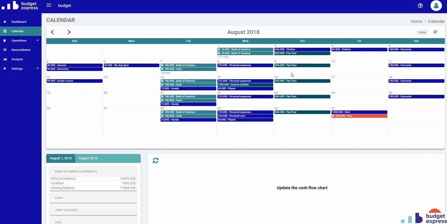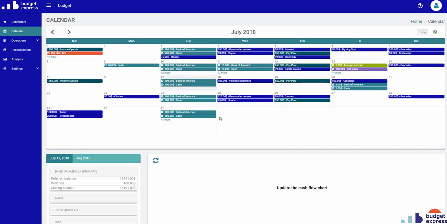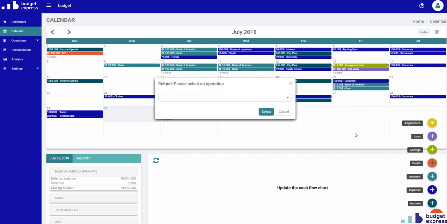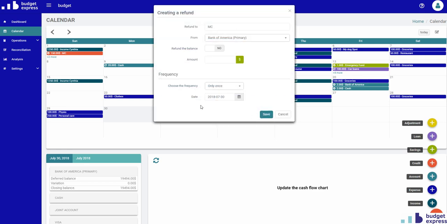The third way of doing your refund is a very popular way also with my users. I will go back to the month of July. When they make their payment, they will go directly on the date. Let's say it's on the 30th that I paid my MasterCard. I'll go on the 30th, use directly in my calendar, click on the bottom right, credit, and by default it's a refund operation. So I will use my refund. I will again use my MasterCard. What it will show me is a refund from my Bank of America. The amount that I paid, let's say it's $250.50,